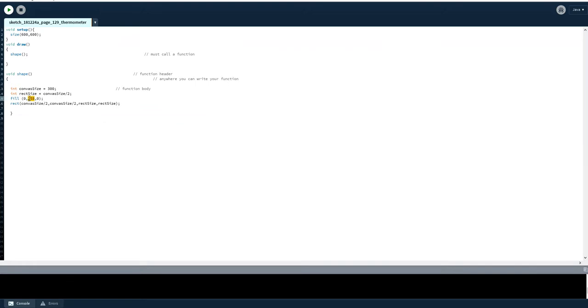If you want, I can show you here: just make this 0 and we will make this 255. It means now our fill is 255, and then 0 0, and what does it say here now, 255 0 0.